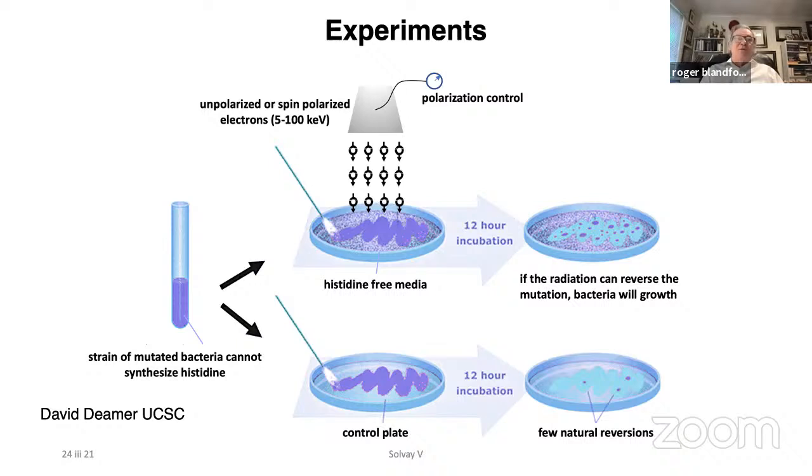You don't have to control the chirality of the molecule. You can control the helicity of the beam, or the helicity of the polarization of the beam. That's very easy to do, and so you can get the answer you're looking for by changing the accelerator, not by changing the biology.